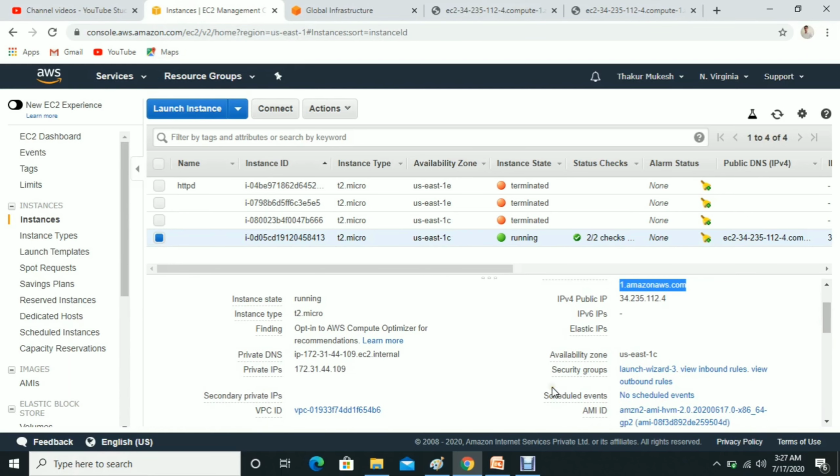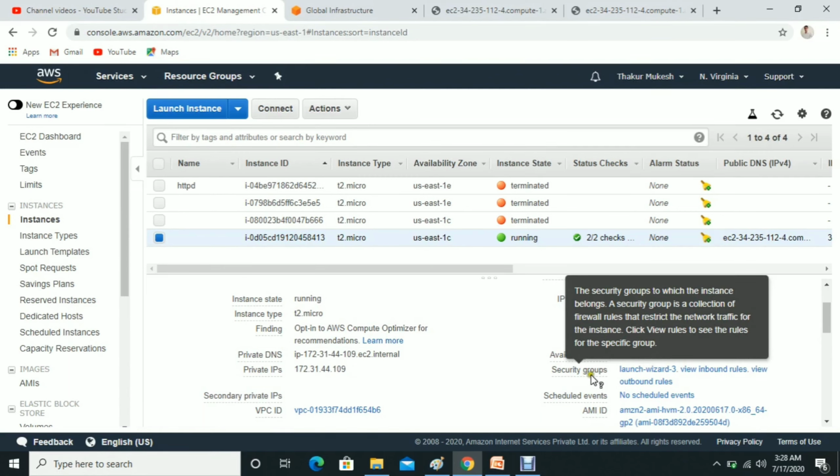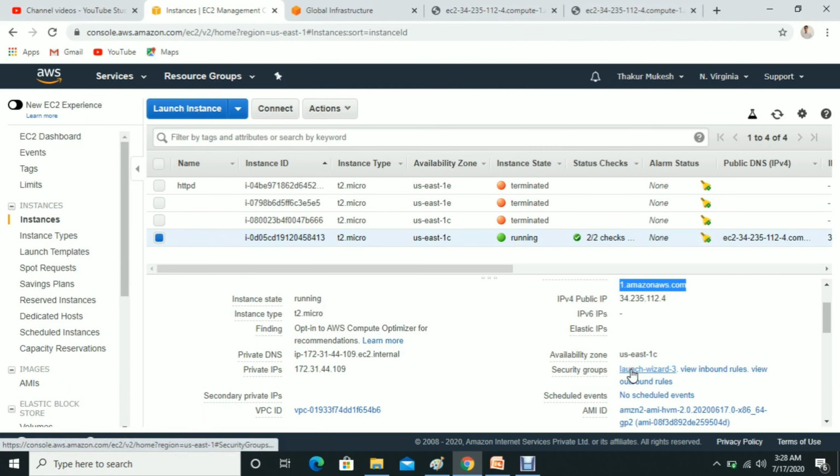Now let me show you the security group for this instance. If you go to the security group option here, you can see the security group assigned to this instance.